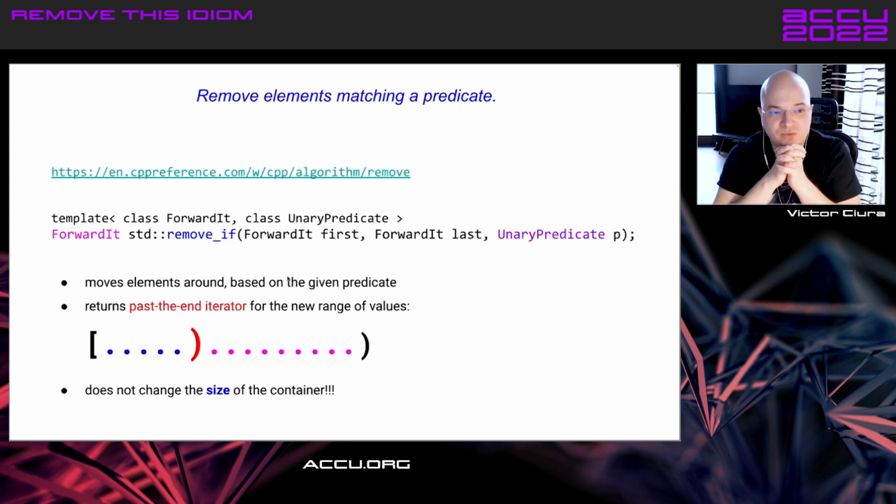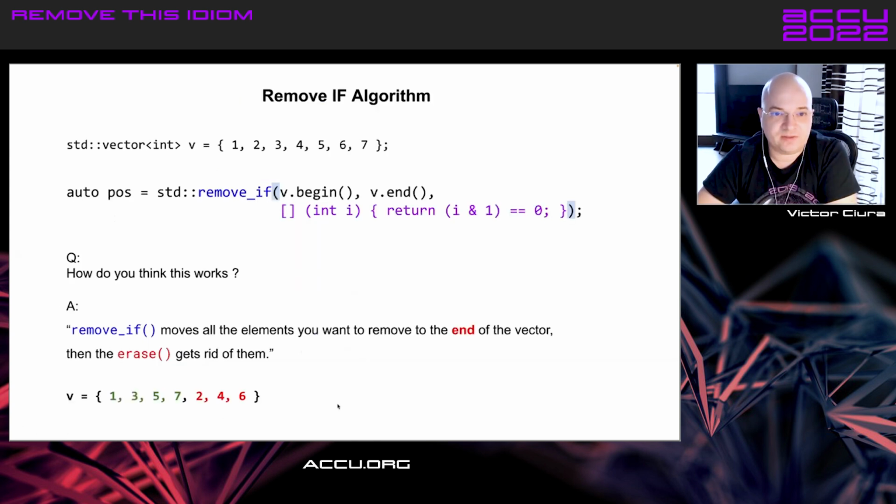So remove moves the elements around based on the given predicate, in the case of remove if, and it returns a past the end iterator for the new range of values, sort of this pictogram I try to show here. And the important bit is that it does not change the size of the container. So if we have remove if with a simple predicate like this one, and we ask people, how do you think this works? A common answer is that remove if moves all the elements you want to remove to the end of the vector, and then you come with the erase function from vector, let's say, and you get rid